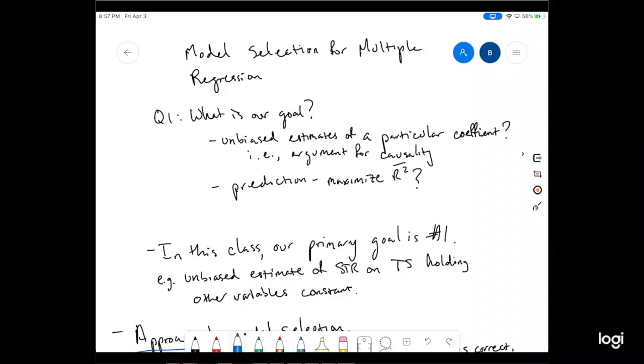We're going to finish up lecture note 7 now, model selection for multiple regression. So now we're really going to get into how to select models, how to think about what are the most appropriate variables to include in your model. What are you interested in? So the first question